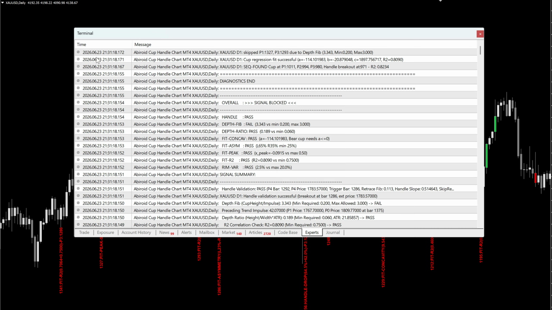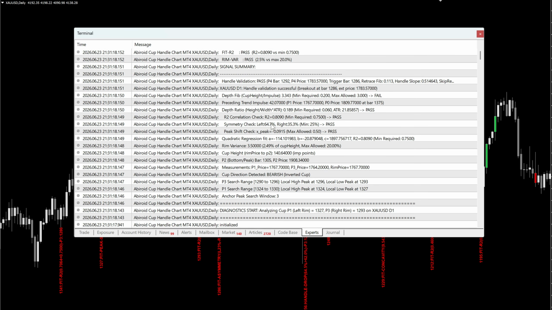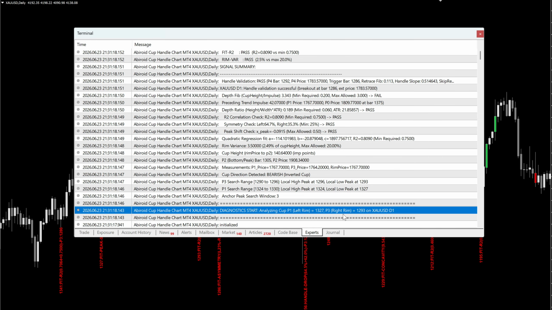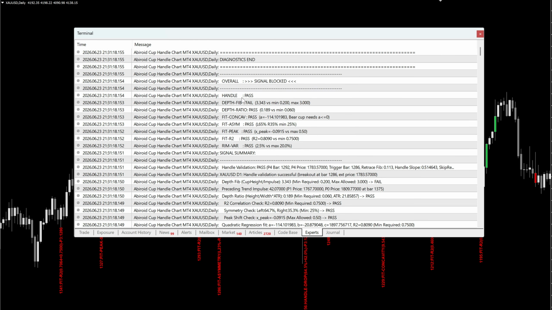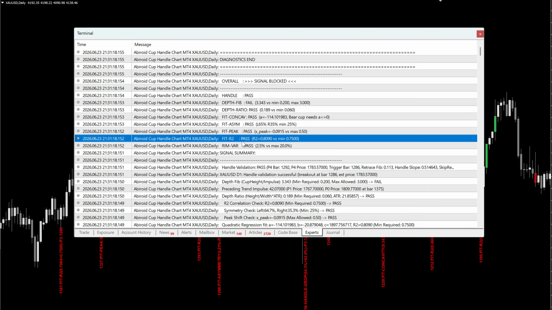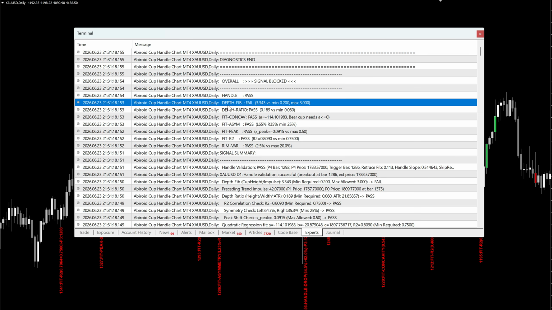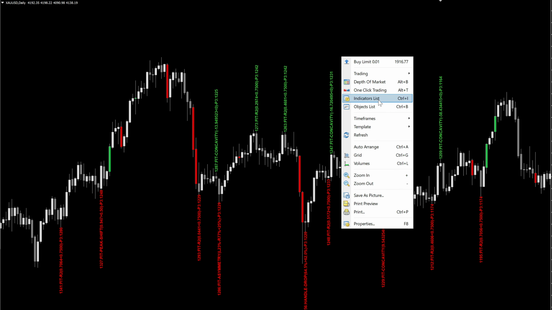Let me just pull those here. So it will show you in-depth calculations on exactly what it did. It started at this bar, it ended at this, and it looked for the peak anchor. After that, it will show you exactly which checks passed and which ones failed. So rim variance, and it fit R2. The peak was fine, but it failed at depth because this is too deep. We have max this much, which is 300%, but this one was more than that. So if we relaxed it even further to like 350 or something, then it would have taken this as a cup if no other checks had failed.